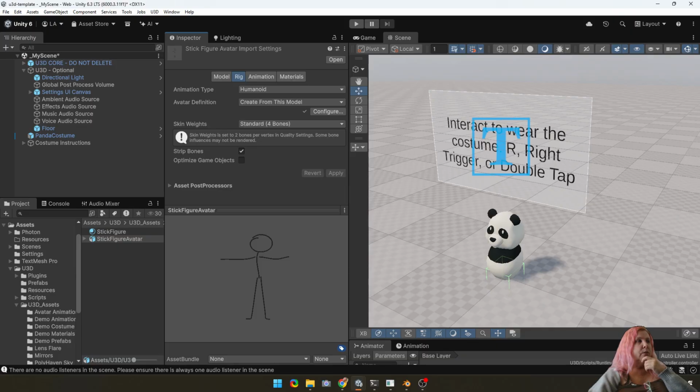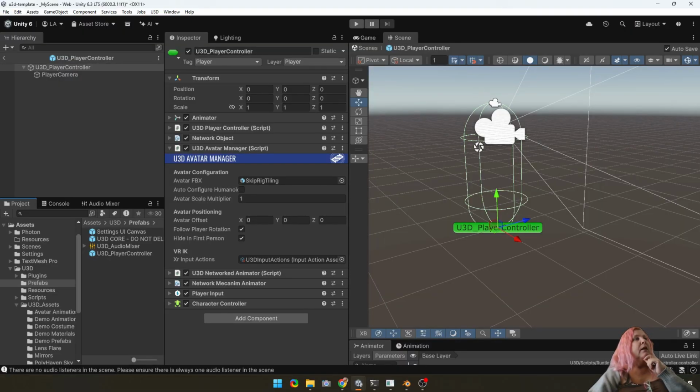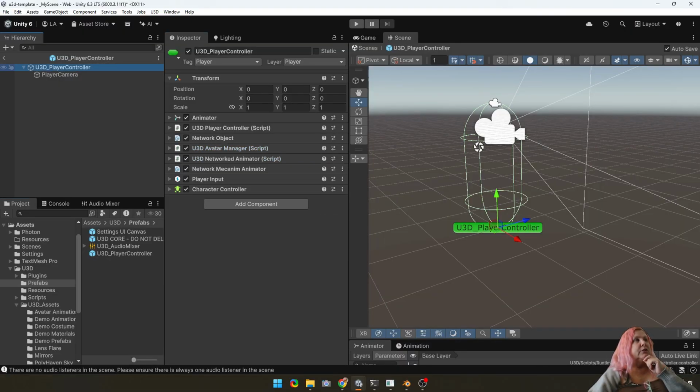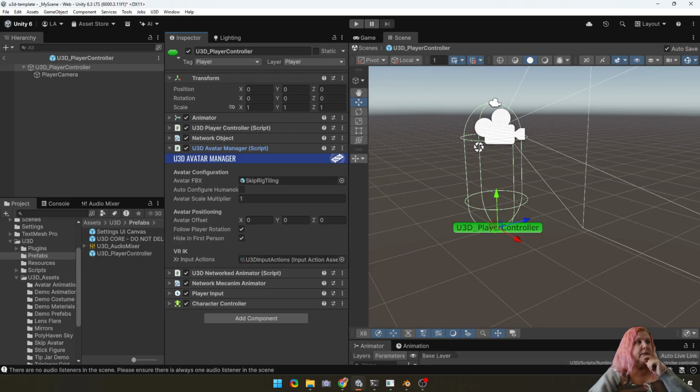So you go to U3D, prefabs, double click the player controller. Make sure you've got the top level selected. There's all these components listed on here. You want that one that I had, the U3D avatar manager script. It has an avatar FBX slot. So then you go to where your,